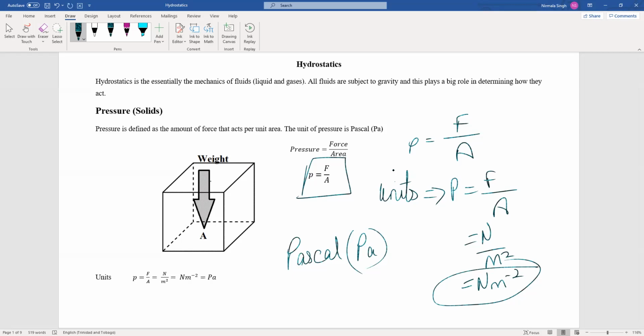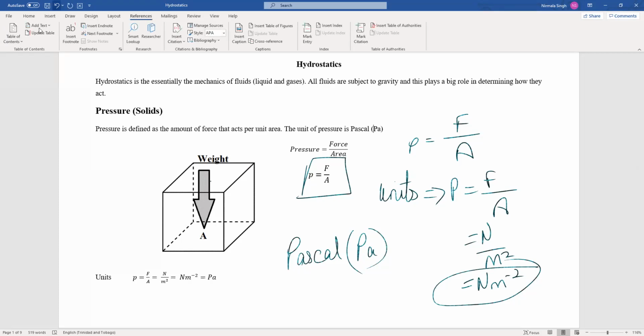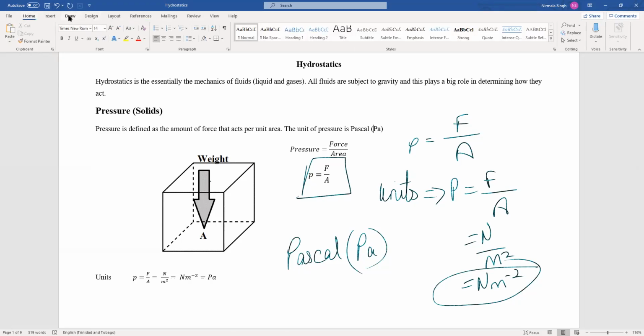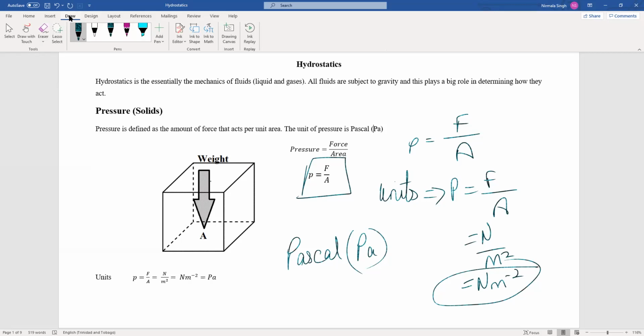So what we do for pressure, pressure just tells us how much force acts on a given area. All right, it doesn't tell us anything essentially about how big a force is. It doesn't tell us anything about how small or large an area is, but it tells us how much force is acting on a given spot. Now,